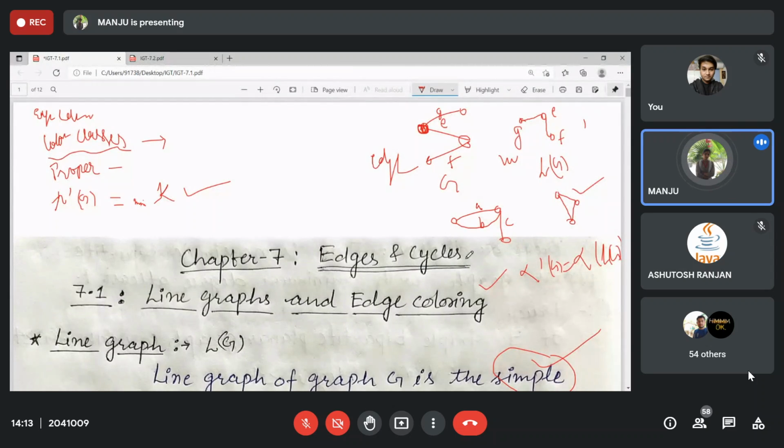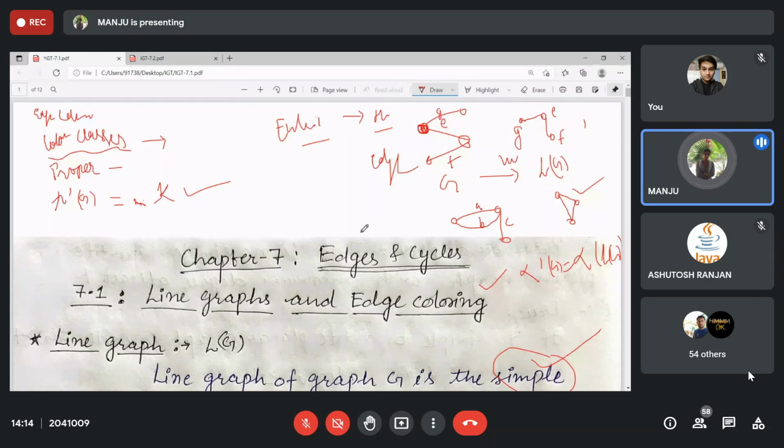What I was discussing, Eulerian. If an Eulerian circuit over here becomes the Hamiltonian cycle, because the edges over here, a circuit that contains all the edges, that means something that will contain all the vertices without repetition, here also without repetition. So that's why it will become the Hamiltonian cycle, that means spanning cycle. Here all the edge property becomes the vertex property.